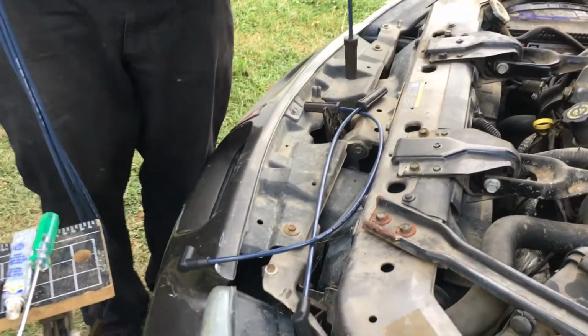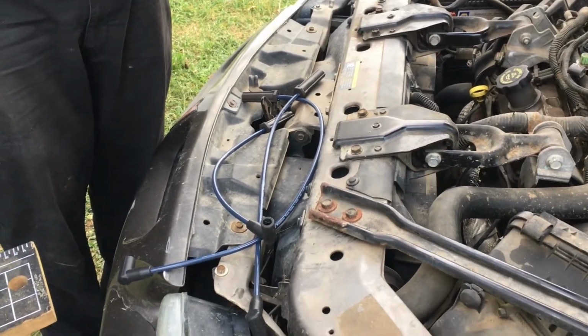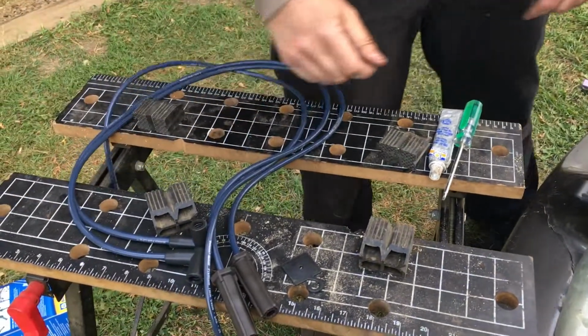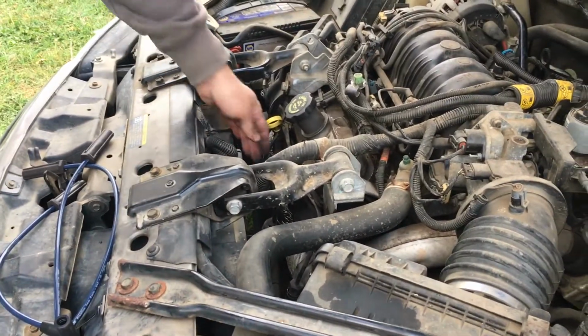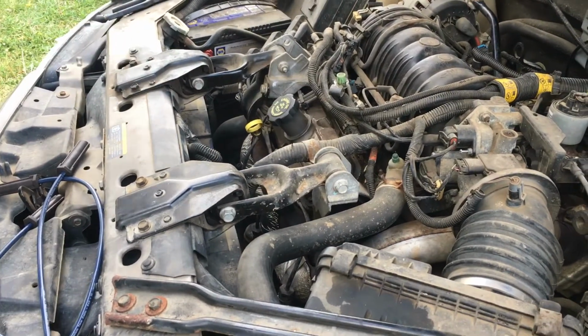Like I said, it's from Napa. Kit runs about 50 bucks, but it's probably worth it. We'll find out for sure. It's a premium cable for my car, so we'll run with that. I've got a screwdriver here, and what I'm going to do next is we're going to pop off these cable looms so that we can start switching out plugs. So we're going to